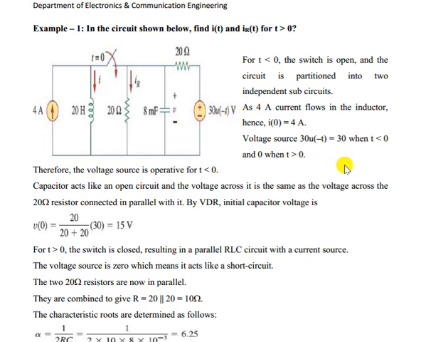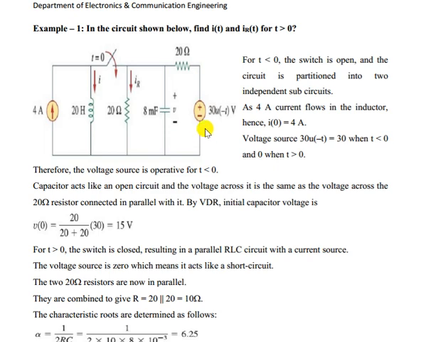u(t) means it is equal to 1 for t greater than or equal to 0, and 0 for t less than 0. And u(-t) means the opposite of that. That means it will be 0 for t greater than or equal to 0 and 1 for t less than 0. So for t less than 0, this value is 0, and this is not working at all.